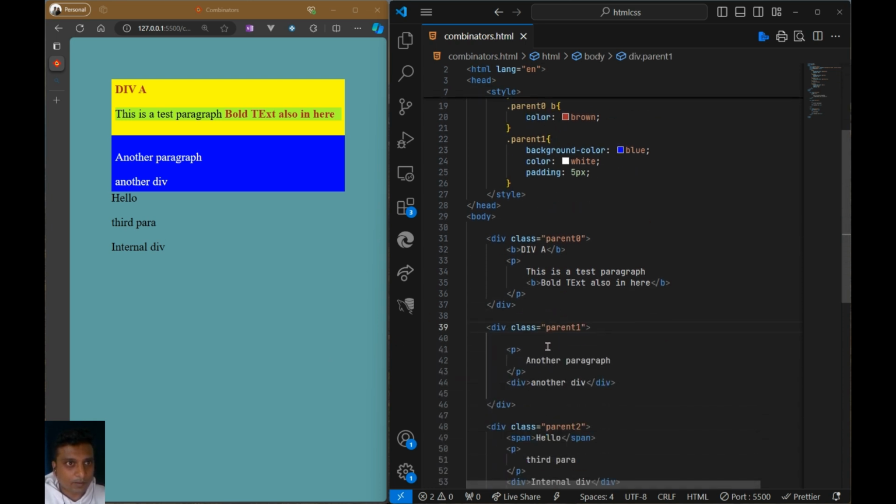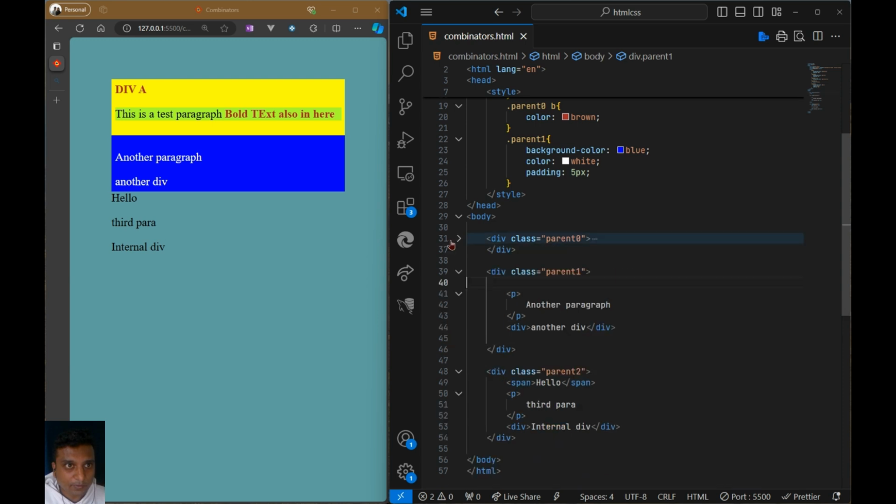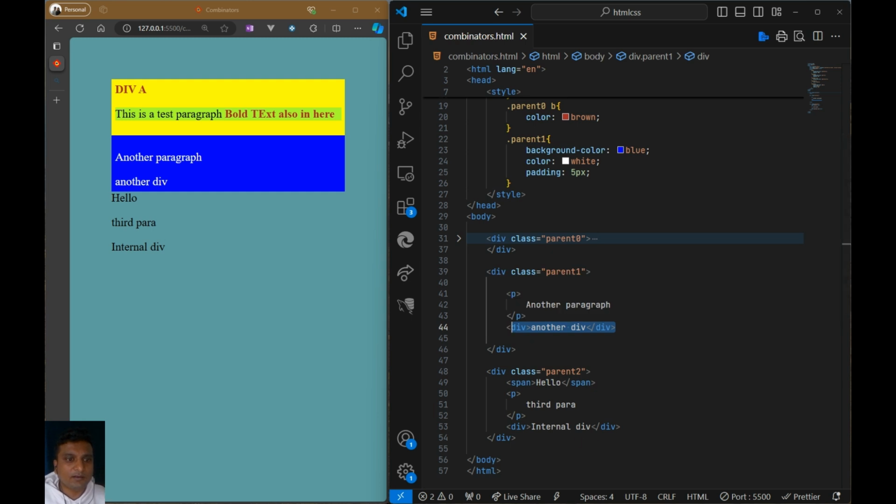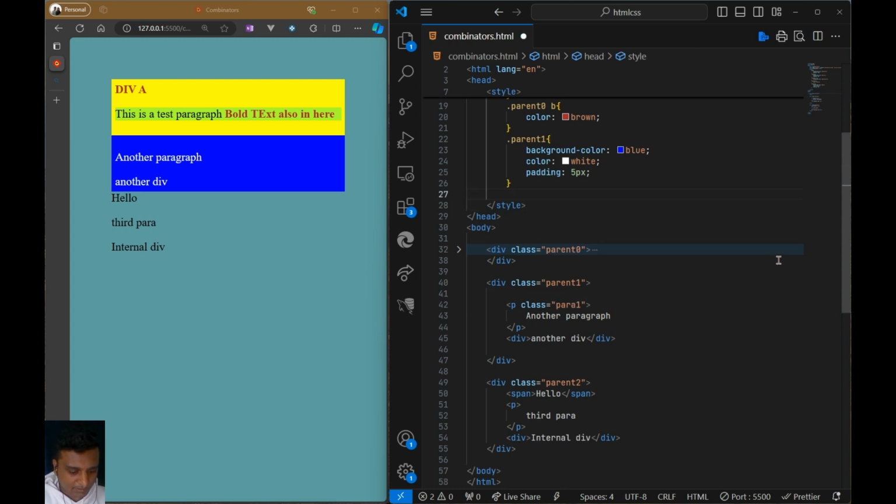And let's look at the second element, that is the parent1 div, inside of which we have a p-type element, which is another paragraph. And right after that, we have another div. Now, what if I only want to select certain adjacent divs, which is known as adjacent sibling selector. To do that, I'm going to set a special class to this particular paragraph, and let's give it a simple name, let's say para1,